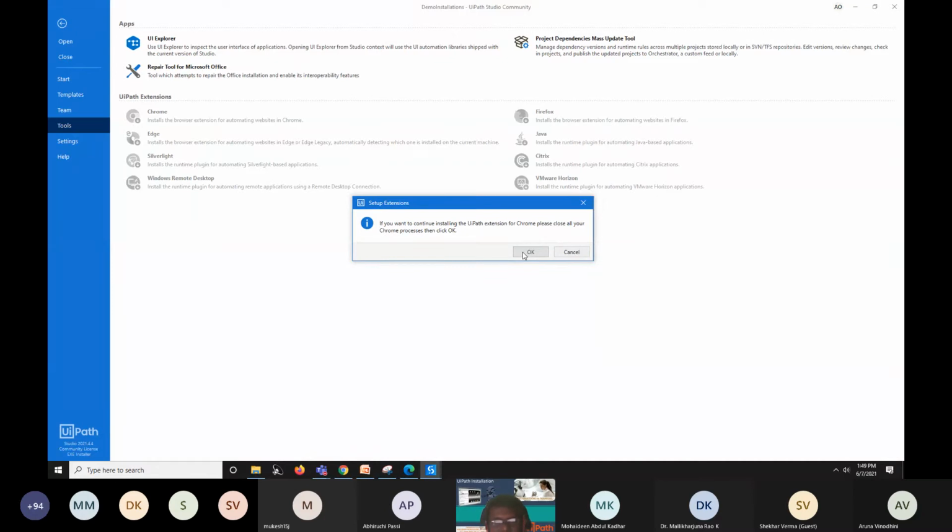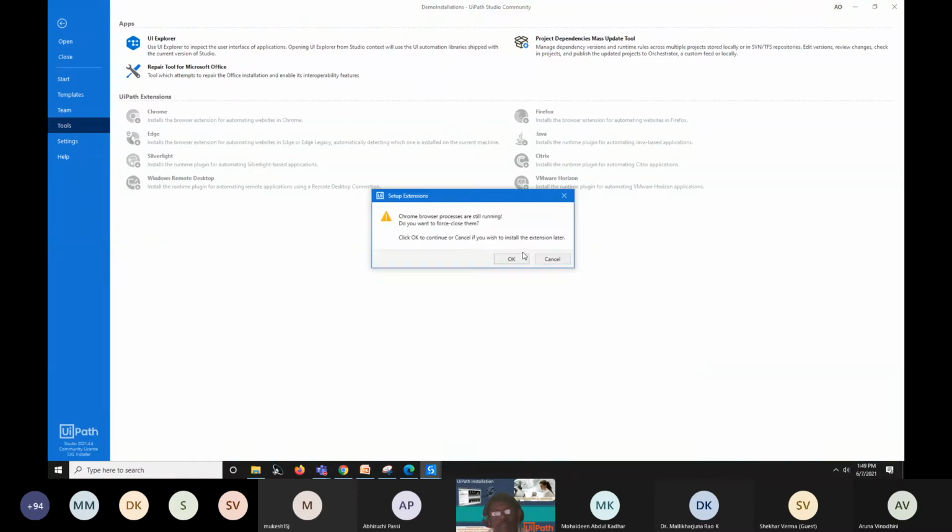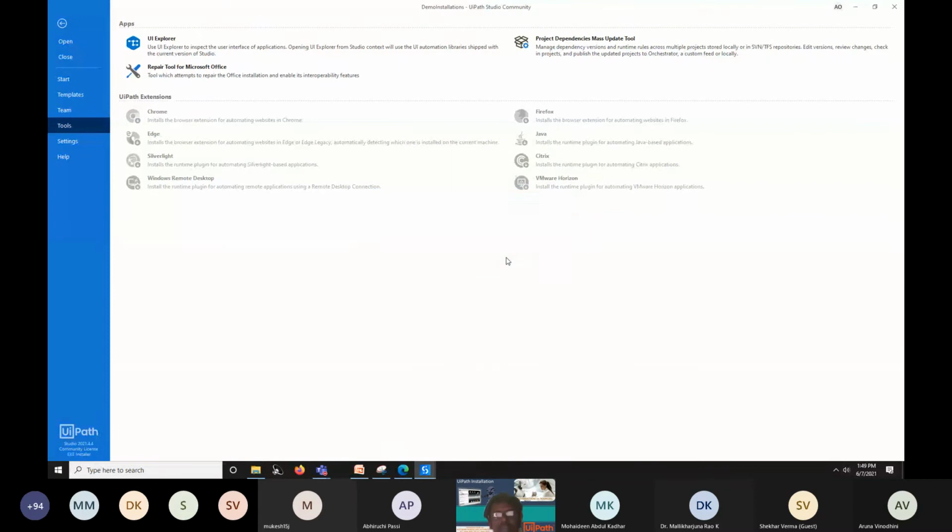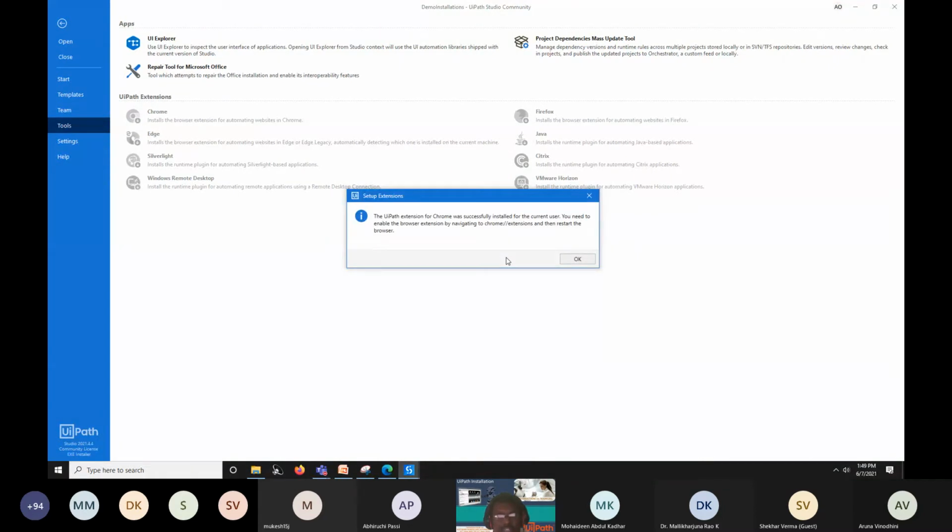I'm going to click OK here. It will show a window that the UiPath extension for Chrome was successfully installed for the current user.